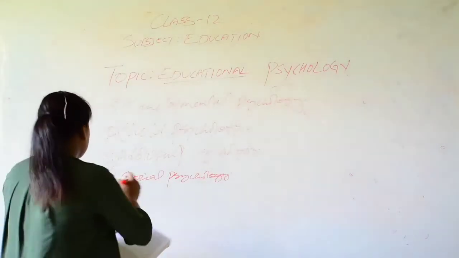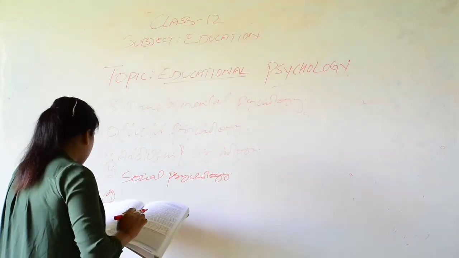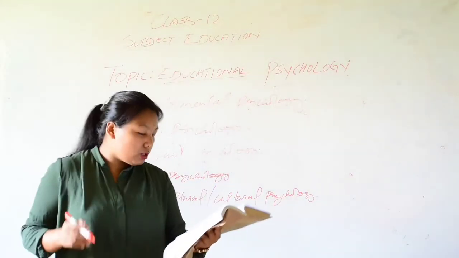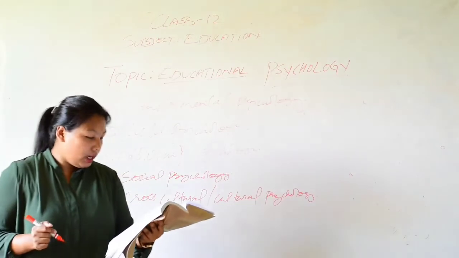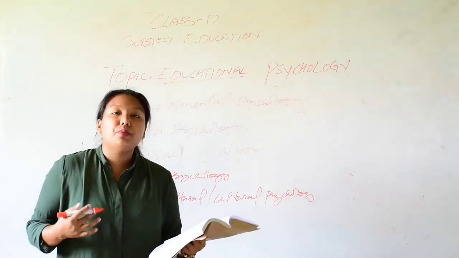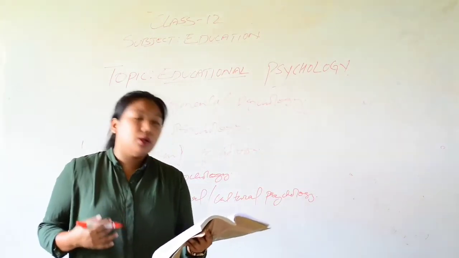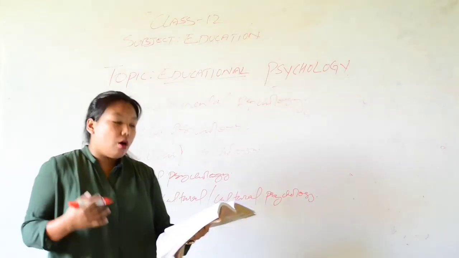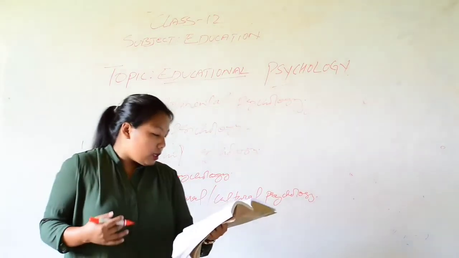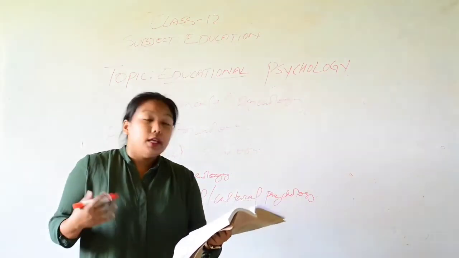The ninth point is cross-cultural or cultural psychology. It examines the role of culture in understanding human behavior, thoughts, and emotions. It assumes that human behavior is not only a reflection of human biological potentials, but also a product of culture, as culture influences human behavior in many ways, such as belief, language, values, etc., and in varying degrees.